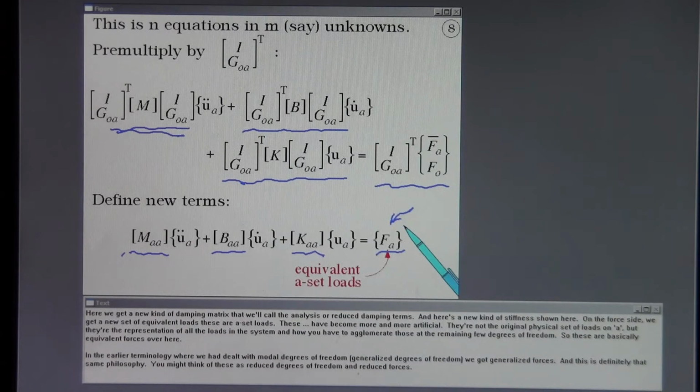In the earlier terminology where we had dealt with modal degrees of freedom and generalized degrees of freedom, we got generalized forces. And this is definitely that same philosophy. You might think of these as reduced degrees of freedom and reduced